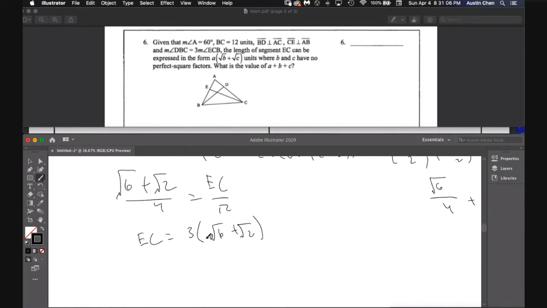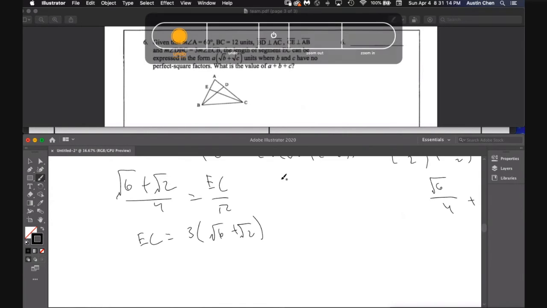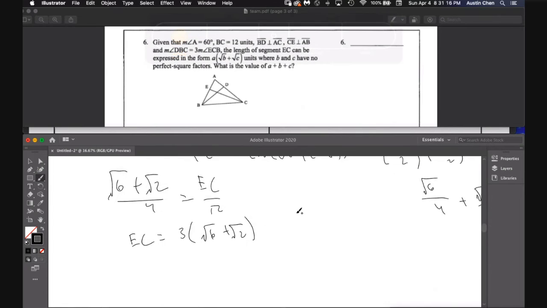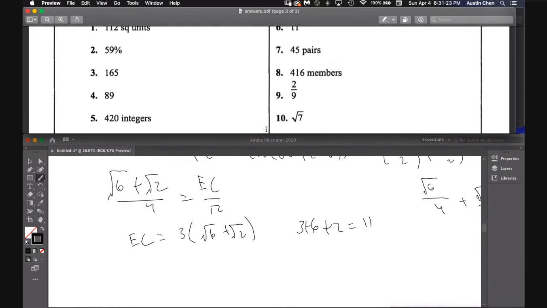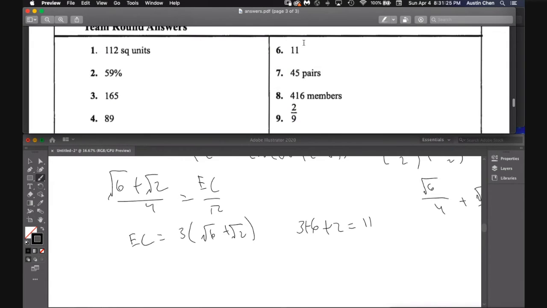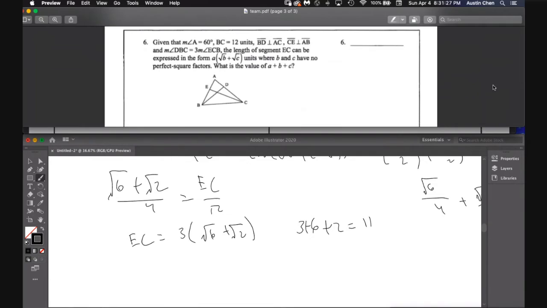And these are all integers, and the radicals don't have any perfect square factors. So then we just want to know what's the sum of all of these numbers. So we just want to find what's 3 plus 6 plus 2, which is just going to be 11. And you can see, yeah, that is your answer, 11. So